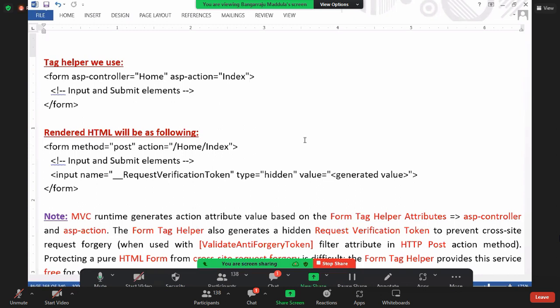What's there? Method equal to post. It is automatically generating a post for you. Action equal to home and index. But what did I write? Controller equal to, action equal to. But here simply action equal to. Next, input and submit elements. And also